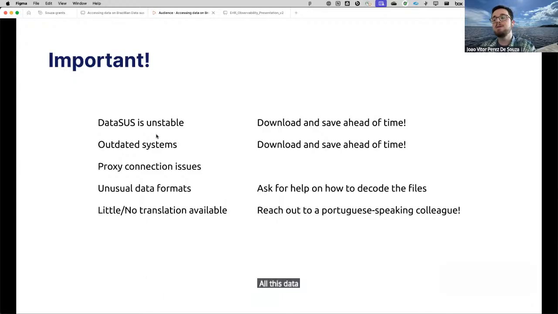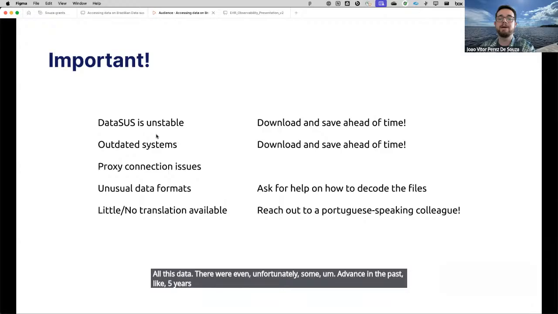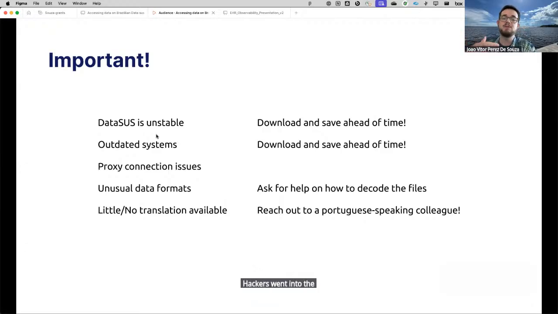There were even, unfortunately, some events in the past 5 years or so where hackers went into the system and tried to do ransom.